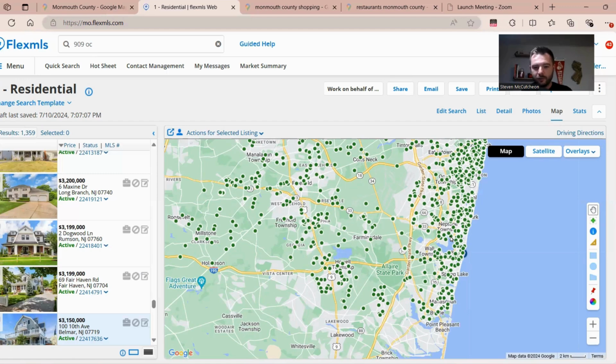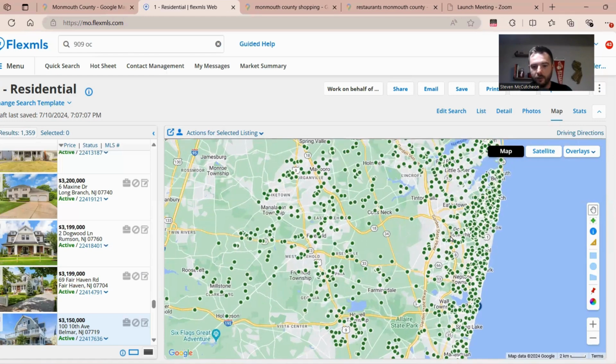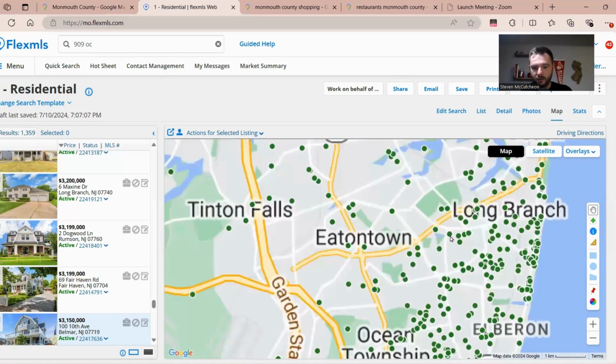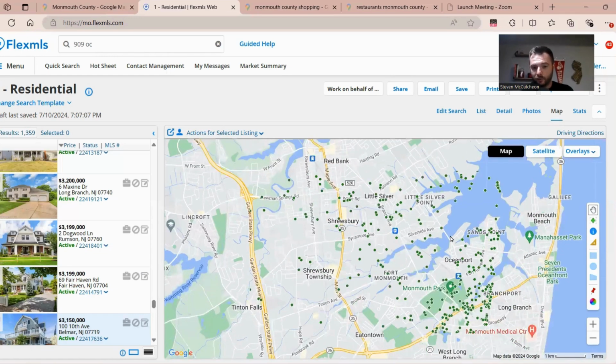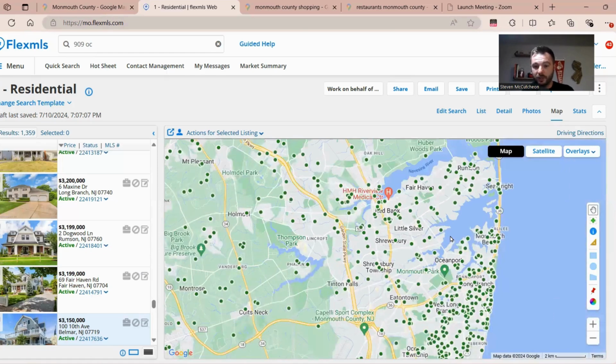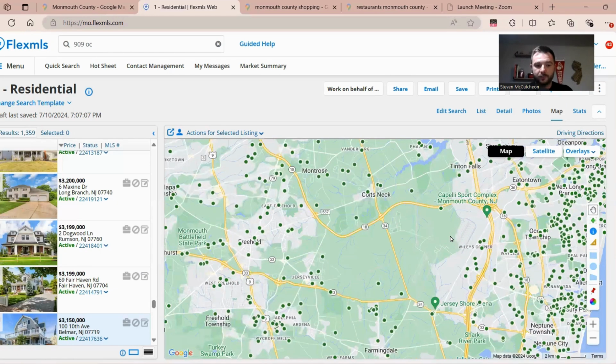I would say if you want to divide it up by a certain point, take the Garden State Parkway, anything east of that is going to be your Jersey Shore, smaller lot sizes. Depending on the area, right? If you go a little farther north into that Rumson area near the Navesink River, obviously it's going to be a little bit different there. You're going to have some pretty large lot sizes and more mansions, but you're dealing in a much, much wealthier area. On the western side of the parkway, you're going to be dealing with places like Colts Neck, Freehold, Howell,